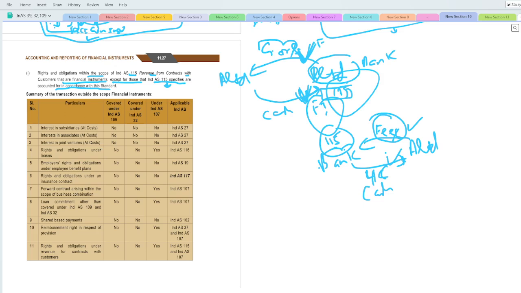सो ये जैसे अभी टेबल आप गो थ्रू कर लेना, जिसमें आपको बहुत इजी पड़ेगा। तो जैसे ये एट कॉस्ट है, तो एट कॉस्ट कहाँ बताता है, एसएफएस स्टेटमेंट बताती है। तो जैसे यहाँ पे भी मैंने आपको बताया था कि जो इन्वेस्टमेंट इन सब्सिडरी है वो आप एट कॉस्ट ले सकते हो, या फिर फेयर वैल्यू ले सकते हो। तो यहाँ पे इंटरेस्ट इन सब्सिडरीज जो आप एट कॉस्ट अगर ले रहे हो, तो ये एट कॉस्ट इंड एस 109 और 32 नहीं बताता है, वो पर्टिकुलर अकाउंटिंग स्टैंडर्ड 27 सेपरेट फाइनेंशियल स्टेटमेंट में बता रहा है, तो आप वो फॉलो करते हो, ठीक है। आप ये गो थ्रू कर सकते हैं, which is very simple.